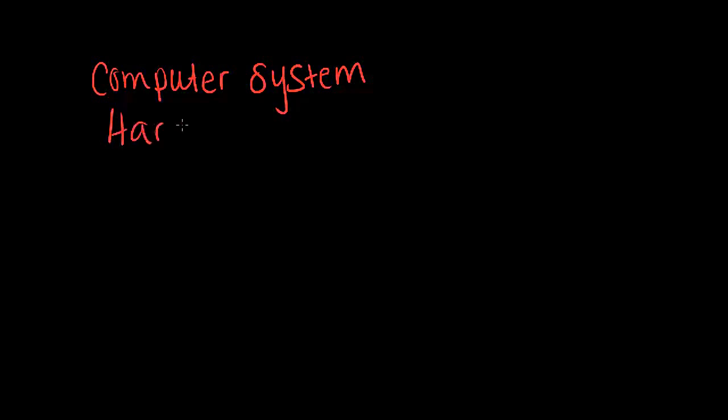The second term is hardware. What do we mean by hardware? Well, it's the physical components. Anything that we can touch in a computer is considered to be hardware. So all the tangible things that are physical will be hardware. Software is the programs that the computer system runs on, and the input devices are hardware